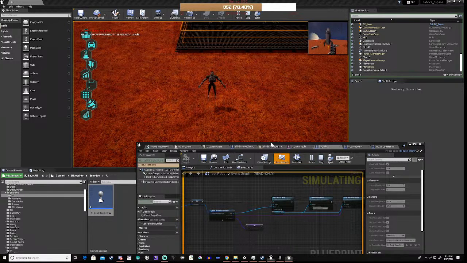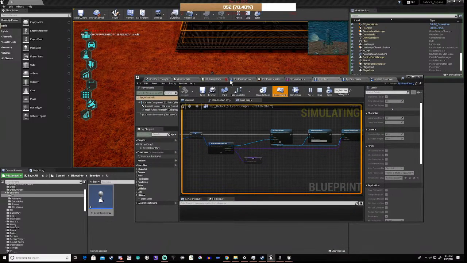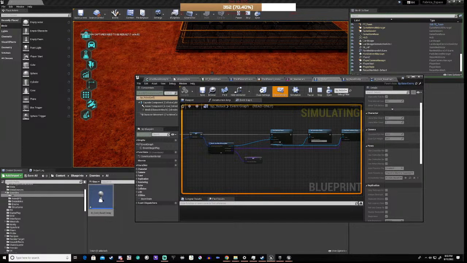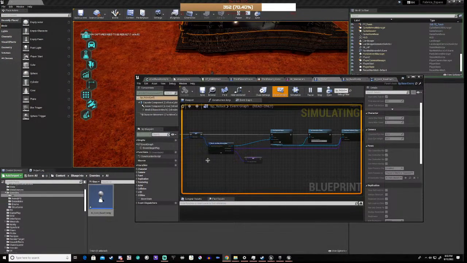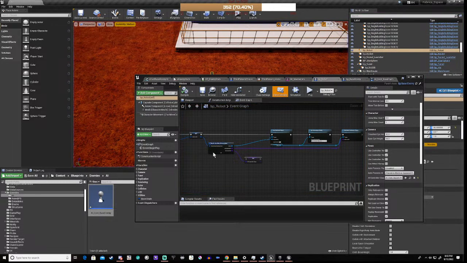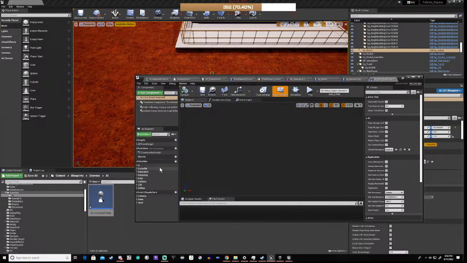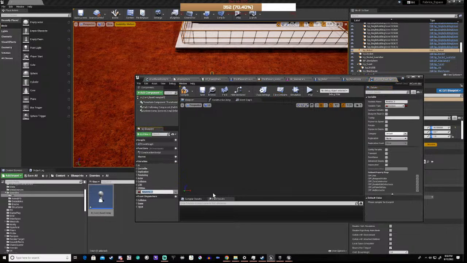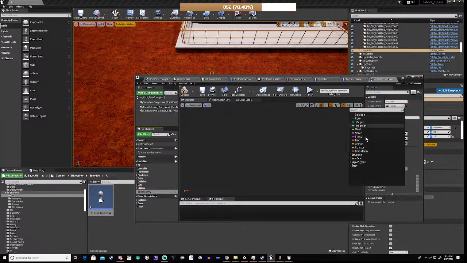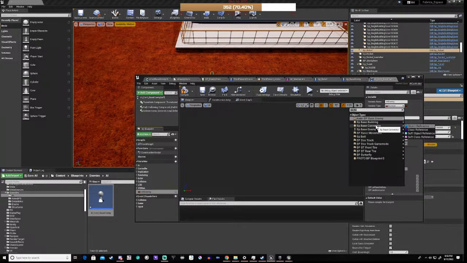So basically what we do in our AI controller is, if you give me a second, what we do here is we stop this, we go to our AI controller, and we're going to add a variable, and we're going to say ref enemy, right, and it's going to be a BP underscore base enemy,